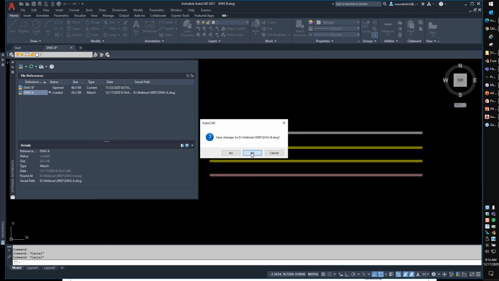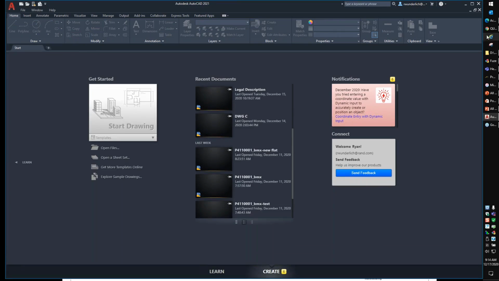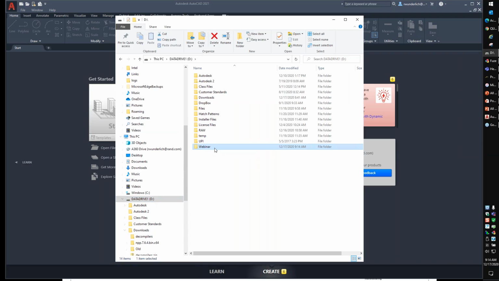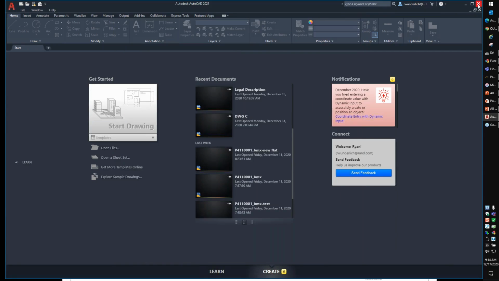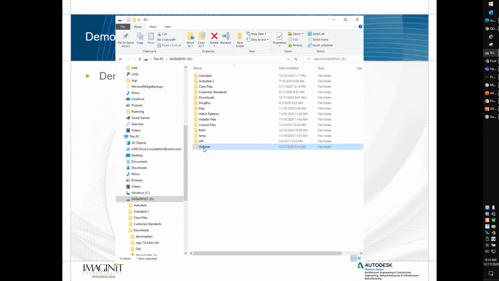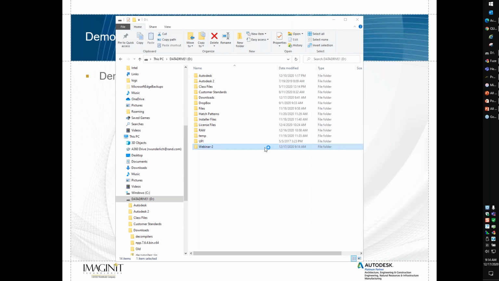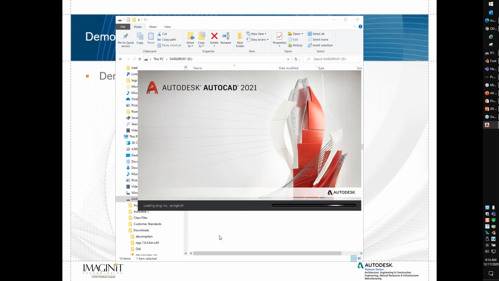So I'm not going to make any changes to what I saved. I'm going to open up my file dialog, and I'm going to do the thing that makes me the angriest with most people: they'll come in here and just randomly change a directory name. Oh, I have to close AutoCAD fully, bear with me. All right, so I'm going to change this webinar to webinar-2. So now I've renamed this directory, and when I relaunch my AutoCAD and reopen DWGC,